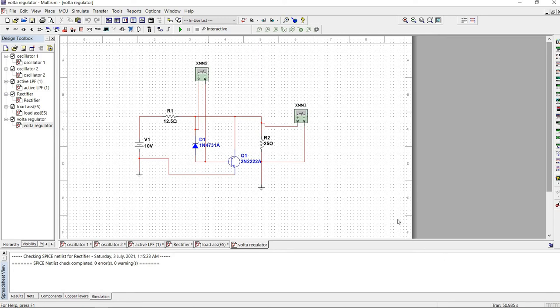From the circuit, I assume that the voltage is directly proportional to the voltage drop occurring in the resistance, which is directed to my load, and the output voltage is related to my transistor and also diode. So after I run,